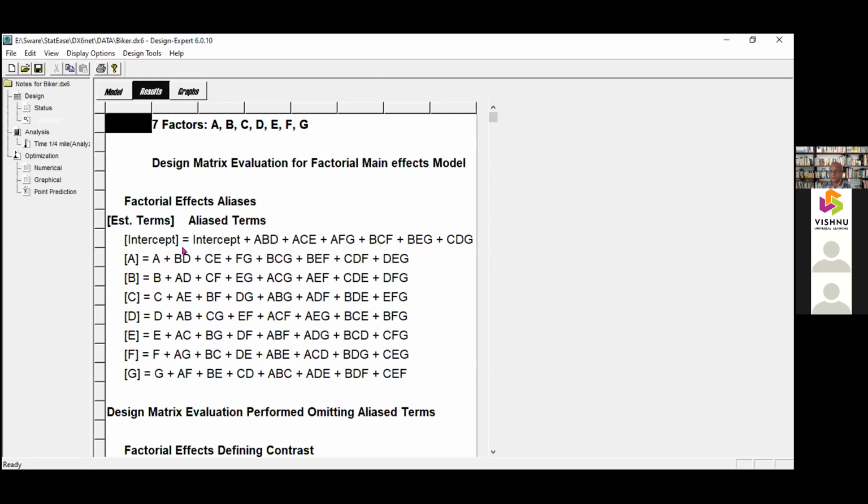Yes, sir. So this is only to reduce your experimentation. You don't have to do a full factorial experiment in the beginning. Start with the half fraction or quarter fraction. In that case, your experiments are reduced, but then you have to analyze this carefully and then do additional experiments.